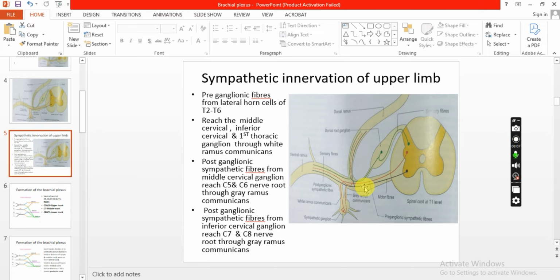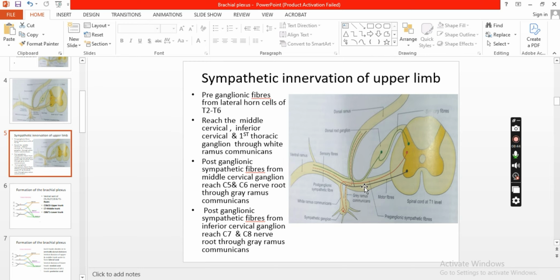it reaches the inferior and middle cervical sympathetic ganglion. On either side of the vertebral column there is a ganglionated chain, called the sympathetic chain. In the cervical region we have 3 ganglia: superior, middle and inferior cervical ganglion. Then in the thoracic and upper lumbar region, the ganglia correspond to the number of the